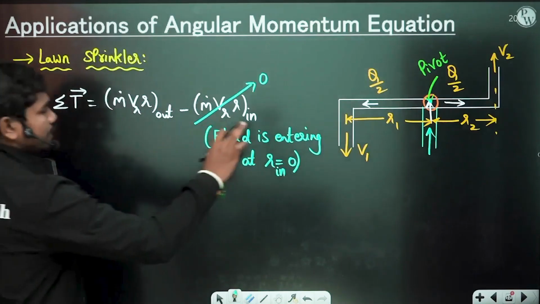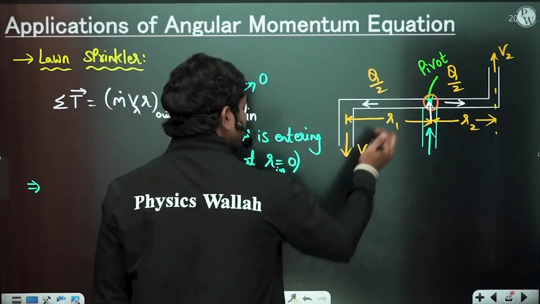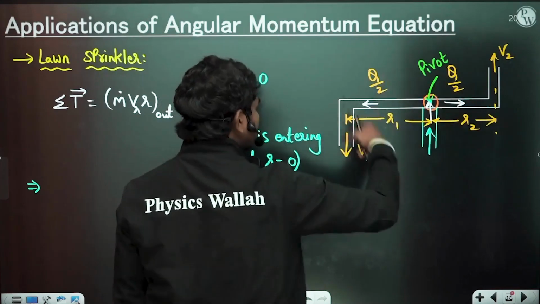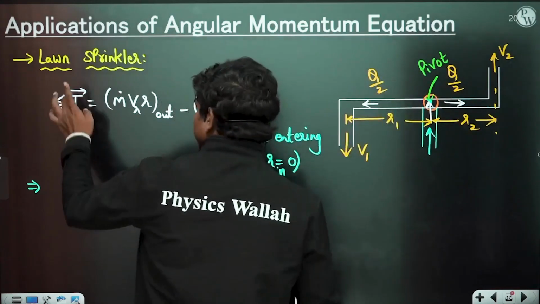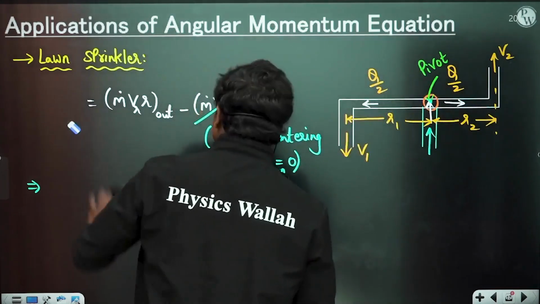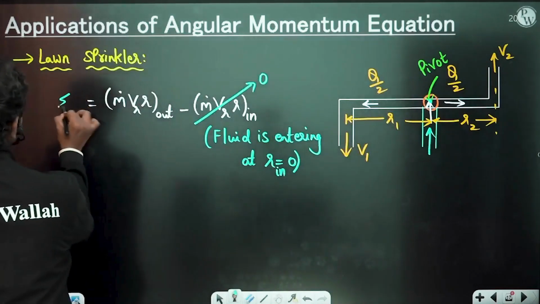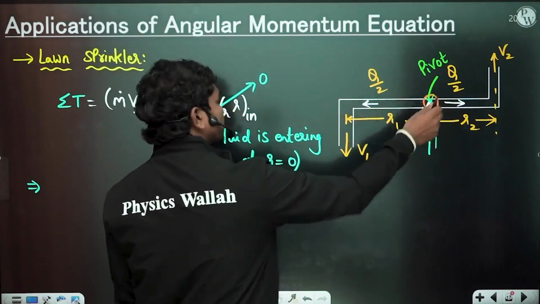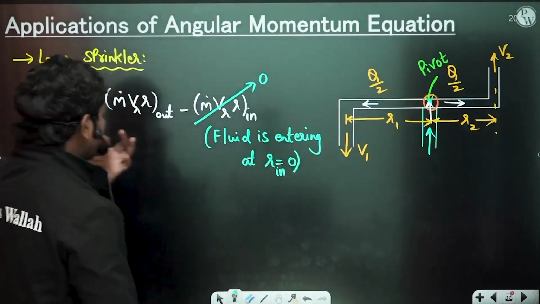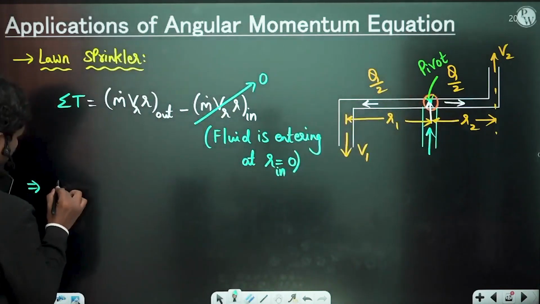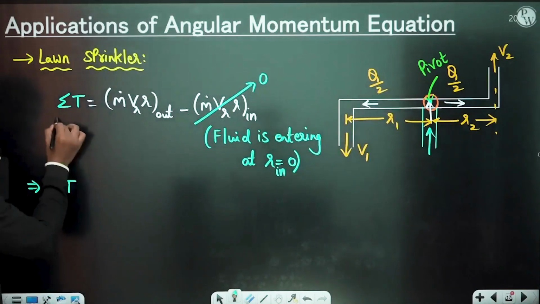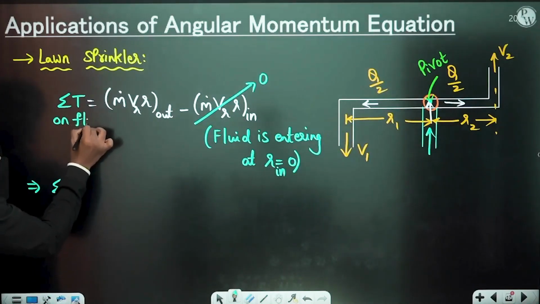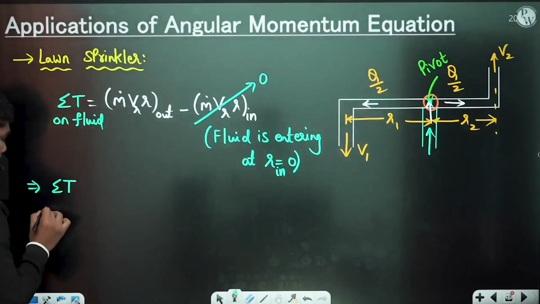Let us suppose you are writing in scalar components, because you know torque is about this perpendicular axis, as it's a plane rotation, not in 3D. So if you write it in scalar, like how we write force, sigma T, because torque is applied about this particular axis, the plane of rotation. Now the net torque acting on the fluid, this is on the fluid of course,